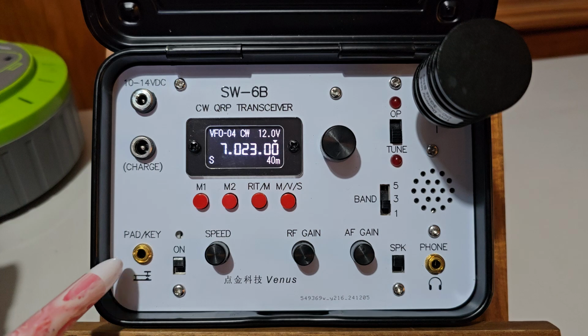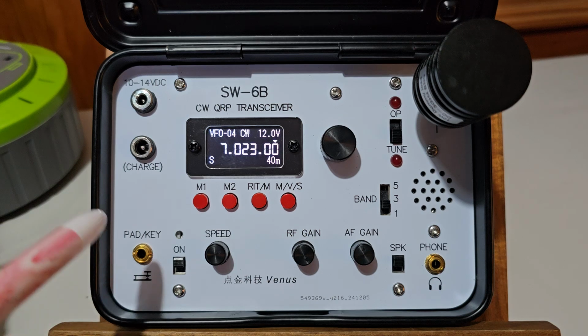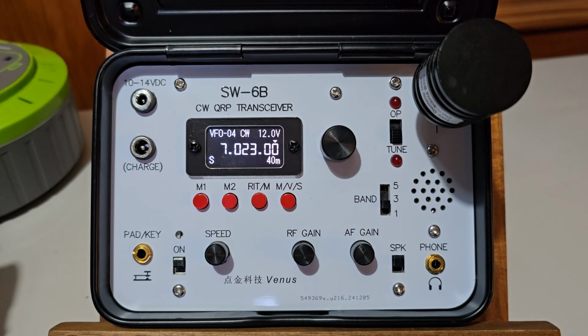If you have a straight key, plug it in, key it down and switch on, and then it'll recognize a straight key. Paddles, you just plug in and switch on, and it's most enjoyable. The most fun I've had out portable